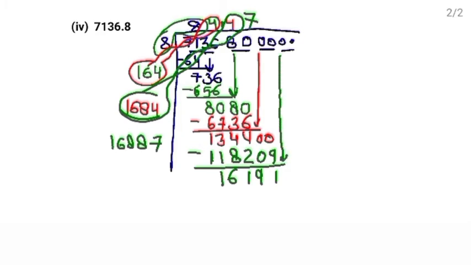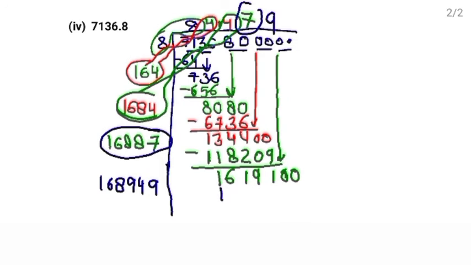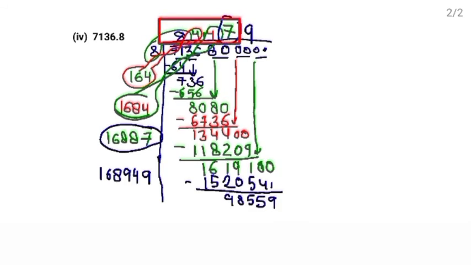Copy down the next pair, 0 0. Add this number and the 7. It will become 16,894. Take 9 and multiply by 9. So this is 1520541. Subtract. 98,559. Now we have calculated the square root to 3 decimal places, which is the square root of